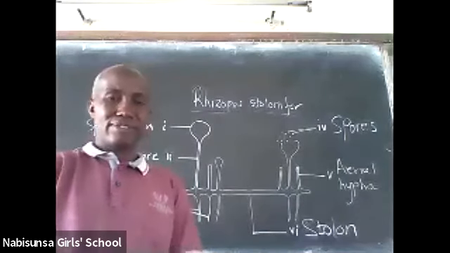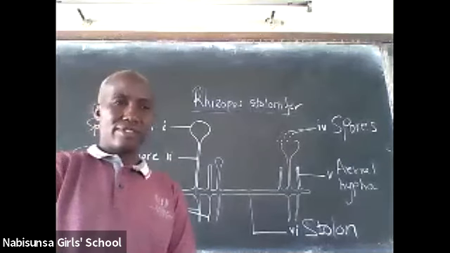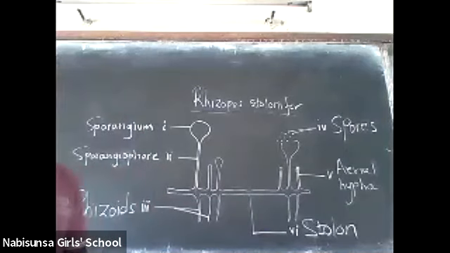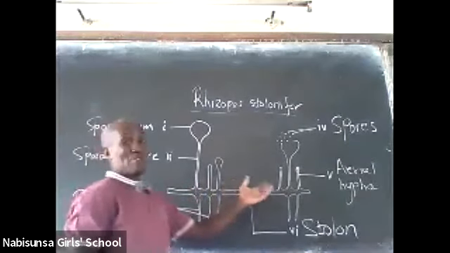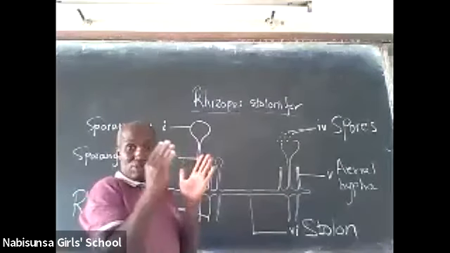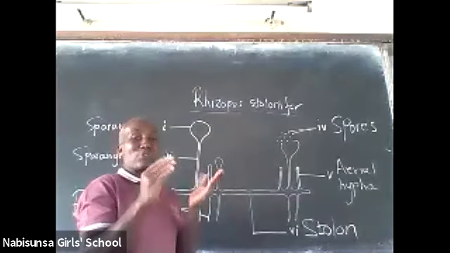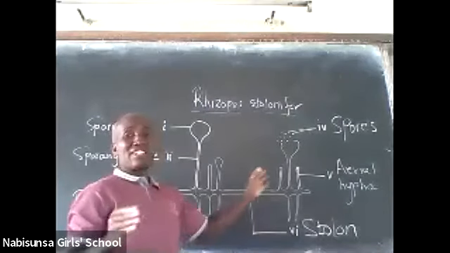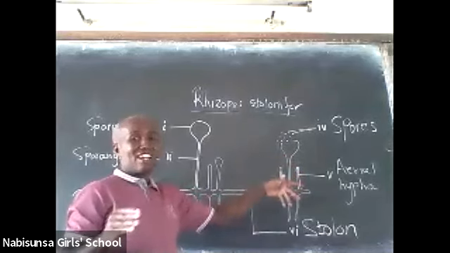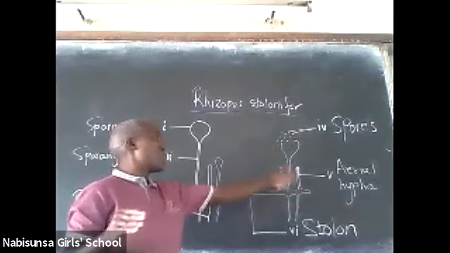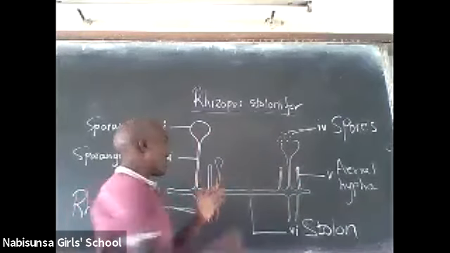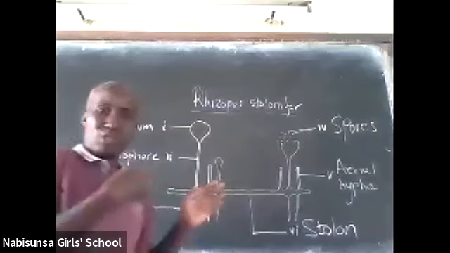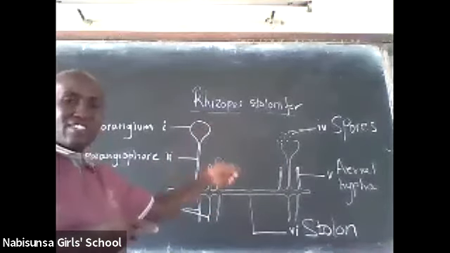Does the bread mold always move in pairs? Like, does it always have the stolon with it? This bread mold, they are not always in pairs. I've only chosen to draw a small part because I wanted you to see all the components that it has. Otherwise, you'll find a mass, very many of these things here. You'll find very many stolons, you won't only find these two masses. For simplicity, we only choose to draw those two.